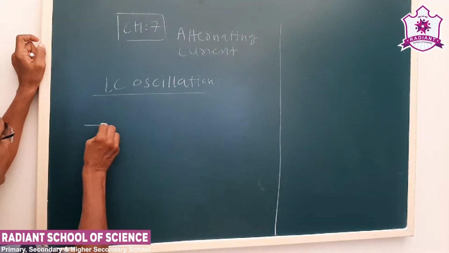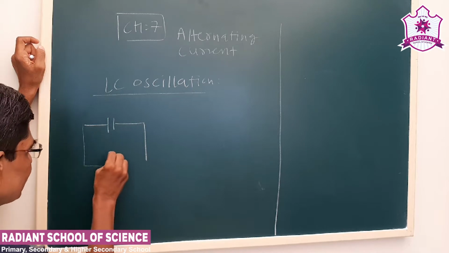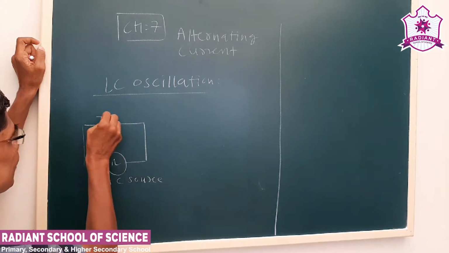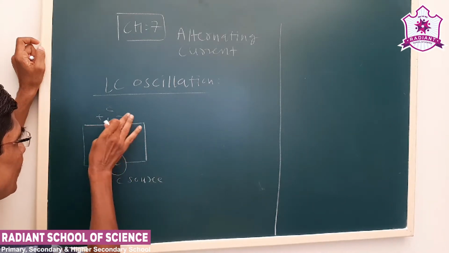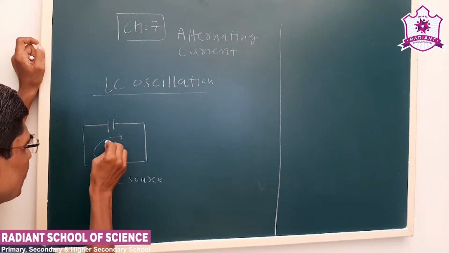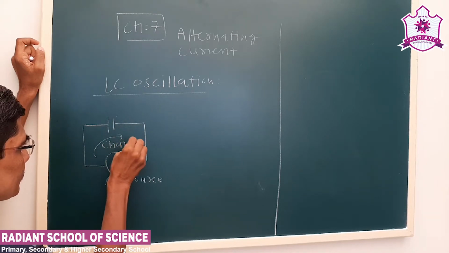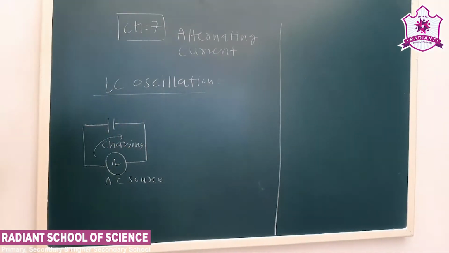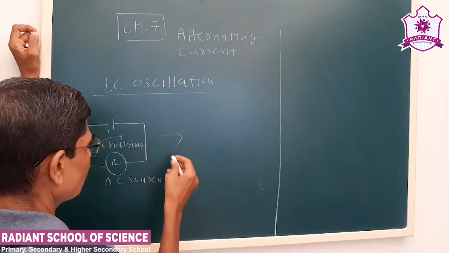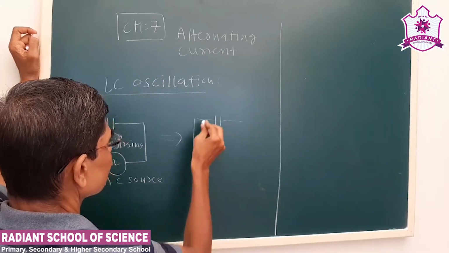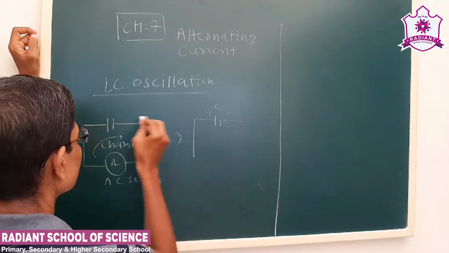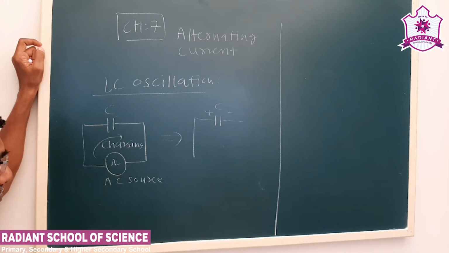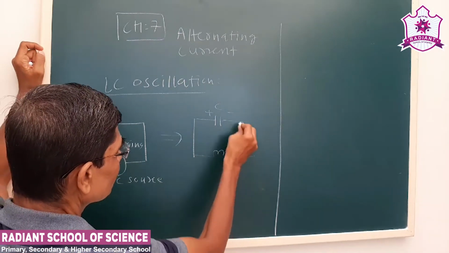Now let us say a capacitor is charged by connecting with the AC source. Okay, now the capacitor is charged. We know a capacitor stores energy in the form of electric field. Now, see what we are given at t is equal to 0. Here we see that a capacitor is being charged. Now, at t is equal to 0,